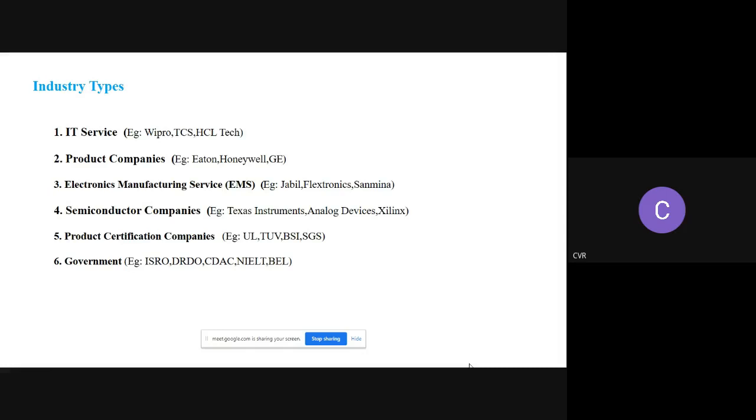So, IT service companies, as you all know. Examples are Wipro, TCS or HCL. What they do is they do projects for different customers. They don't develop any product themselves, so they do part of the work based on customer need. And for your information, all of the major IT companies are also working on embedded systems, VLSI or signal processing. So once you get a job in one of these companies, you will be working on